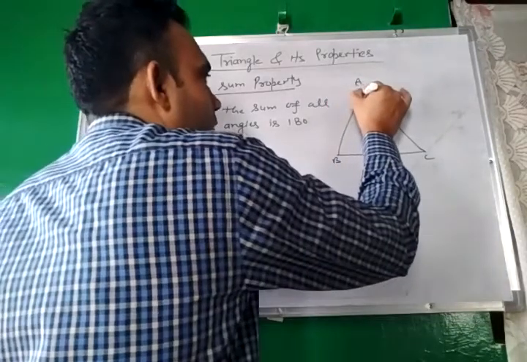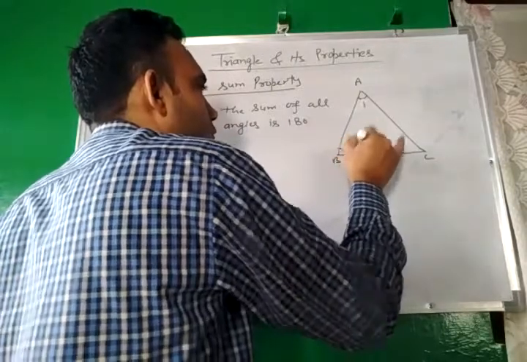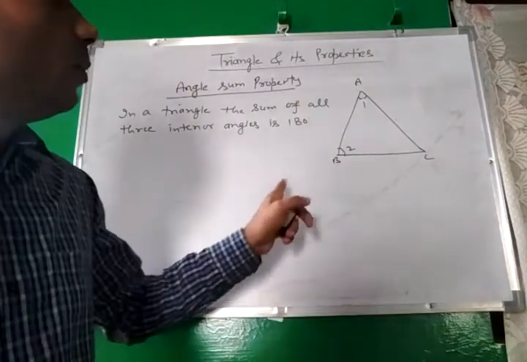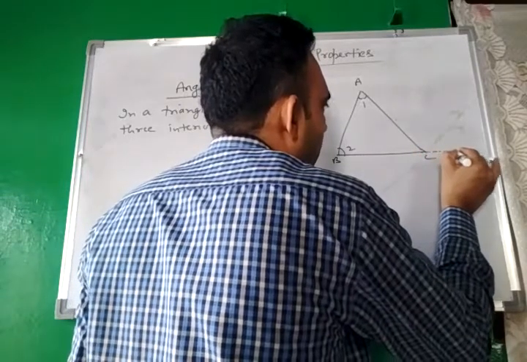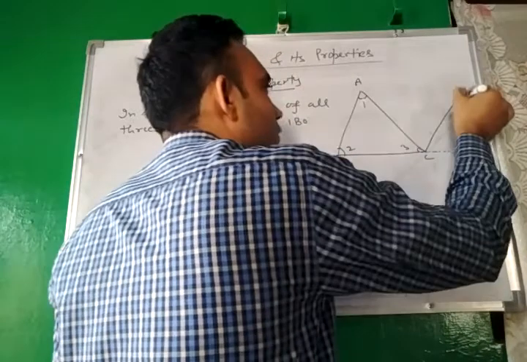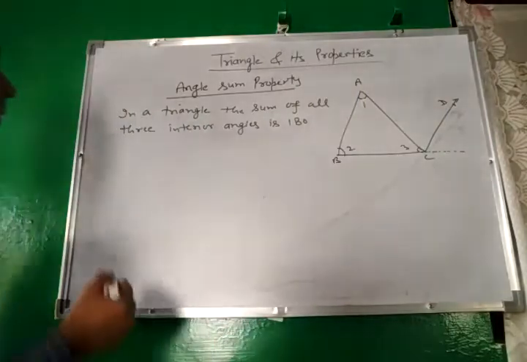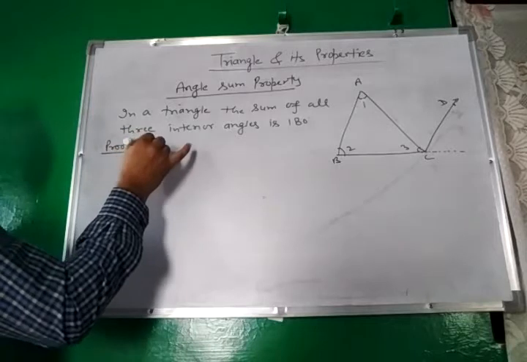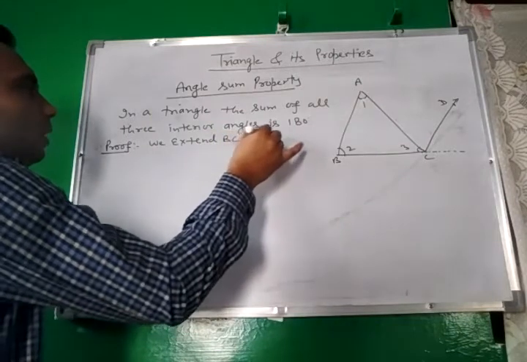Let this be given angle 1 and this be given angle 2. As we have proved exterior angle property, likewise we will prove angle sum property. We extend BC. Let this be angle 3. We draw CD parallel to AB. So, proof: we extend BC and draw